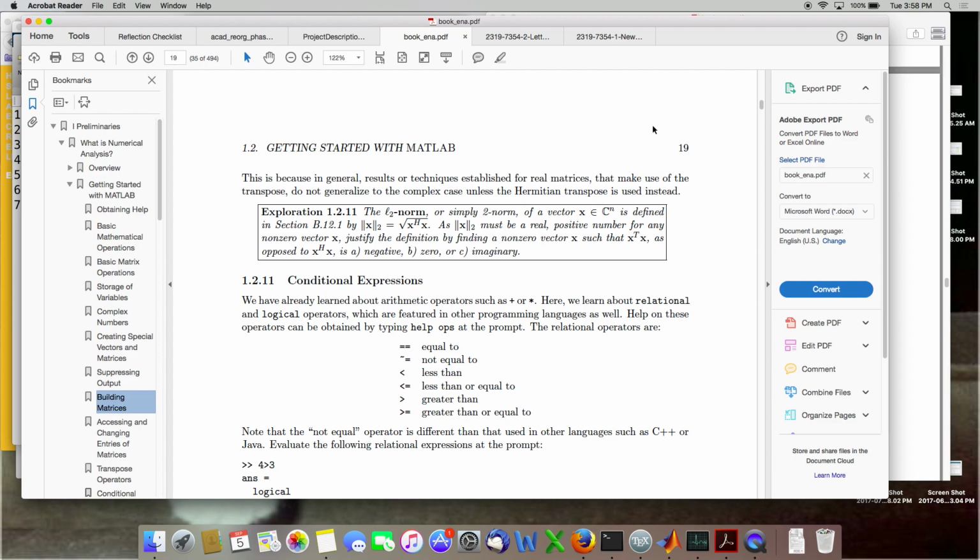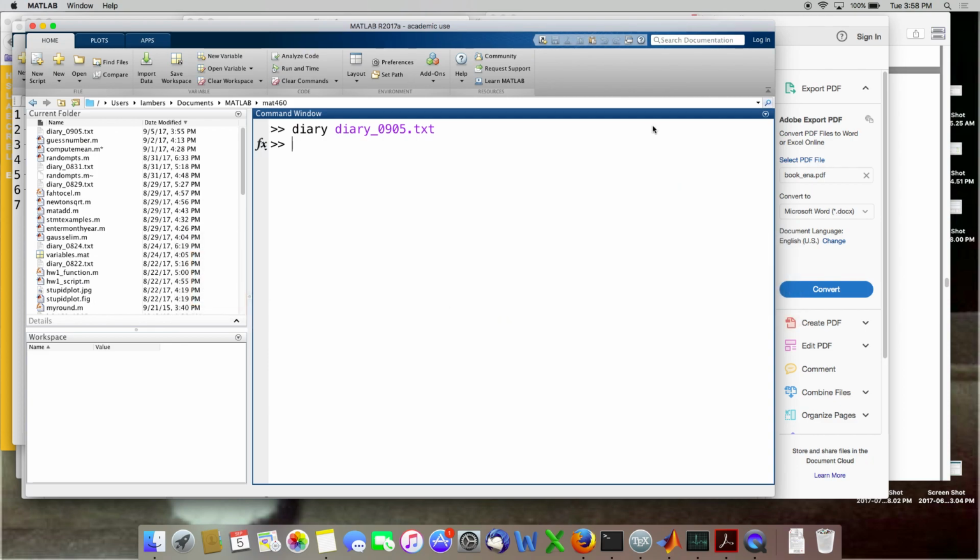Well, just because they're different things. Now when x is a real vector, I'll go ahead and write this in here. x transpose x, well, I'll make an assumption here. Assume x is in C3, a three-dimensional complex vector: x1, x2, x3.